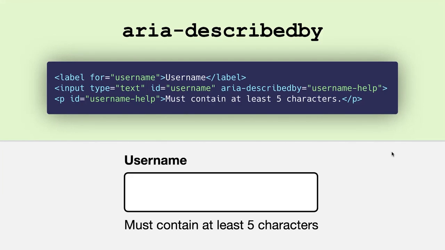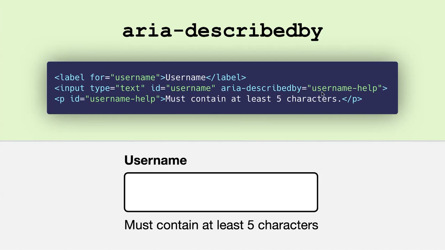What we need to do is add a little bit of extra code. There's something called aria-describedby, where you attach information that describes something to a control. So in this case, you would take the paragraph of the description at the bottom, "this must contain at least 5 characters," and you would attach this to the input above it, right?